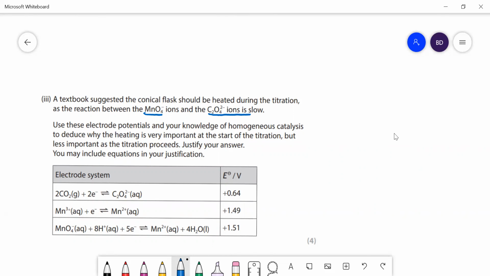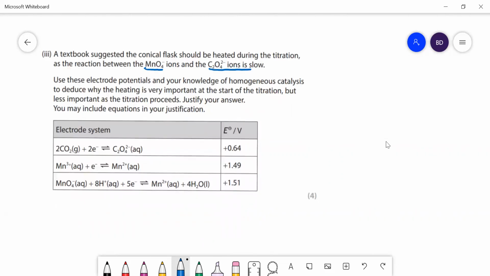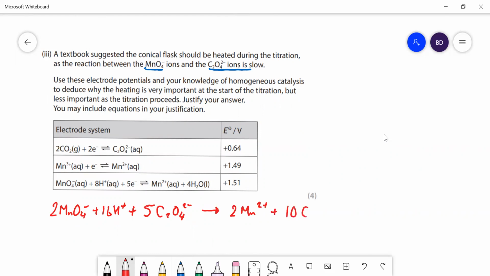Right. So I'll just write down the overall reaction. It's going to be 2 manganates plus 16 H pluses plus 5 ethanedioates, and that is going to go to 2 Mn2 plus, 10 carbon dioxides and 8 waters. Just so we know the reaction. Now,